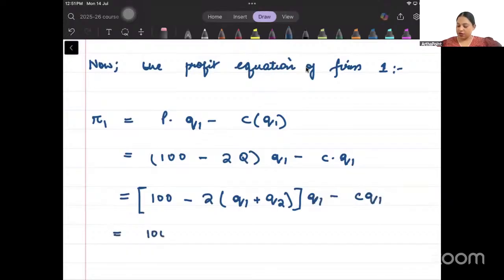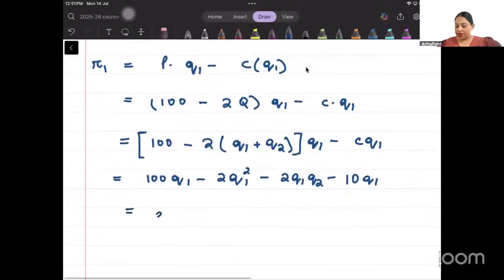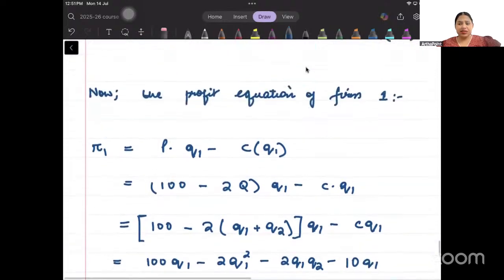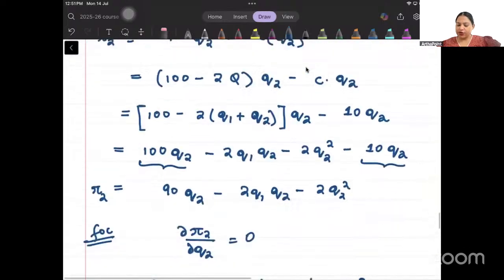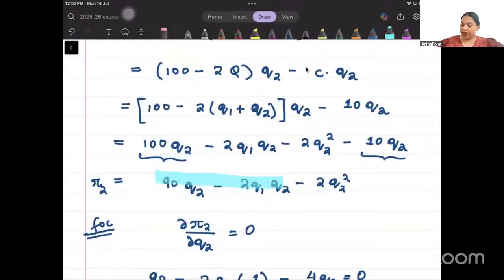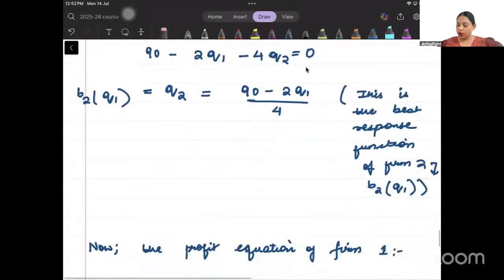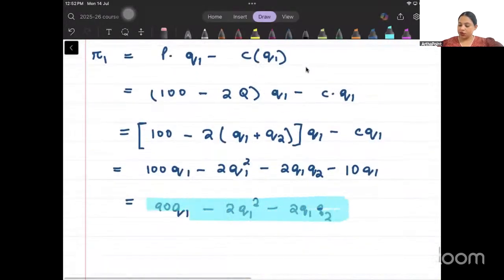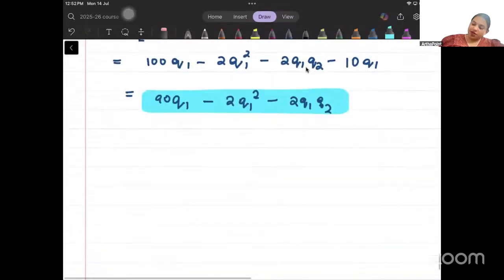This will give me 100 Q1 minus 2 Q1 square minus 2 Q1 Q2 minus, so C is 10 Q1. This will be 90 Q1 minus 2 Q1 square minus 2 Q1 Q2. Note that till this point it is symmetric to the equation that you had written of firm 2: 90 Q2 minus 2 Q1 Q2 minus 2 Q2 square. Q1 की जगह Q2 और Q2 की जगह Q1 हुआ है. You notice this. Till this point it is symmetric. Okay. Now,